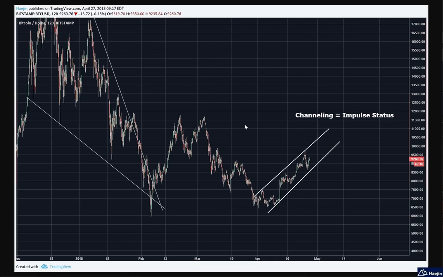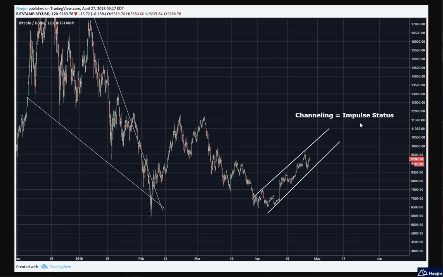When you're looking at a zoomed out view, here was that big wedge correction to 5,900. We went to the 11,800 twice, got repelled, came back down. And the fact that since then, price has been moving within a channel very nicely really equates to an impulse status.